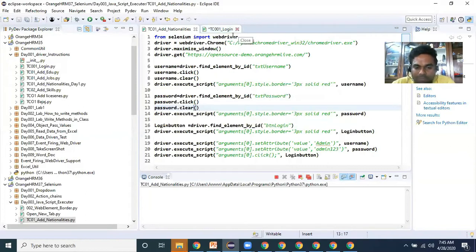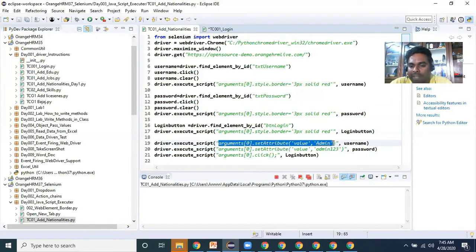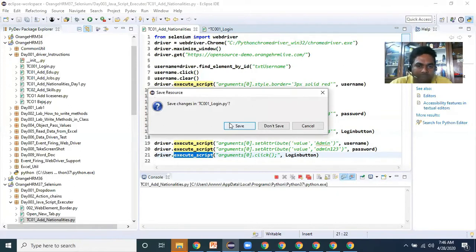So does this depend on what type of technology has been used to develop it? Actually, in any of the languages, client side script, the developer will write some JavaScript executor. So the web related operations, if you are writing direct JavaScript code in our scripting part, can be handled very easily. So this is the alternative approach that has been given by Selenium. That's the reason only. That's it about JavaScript executor and the first program.